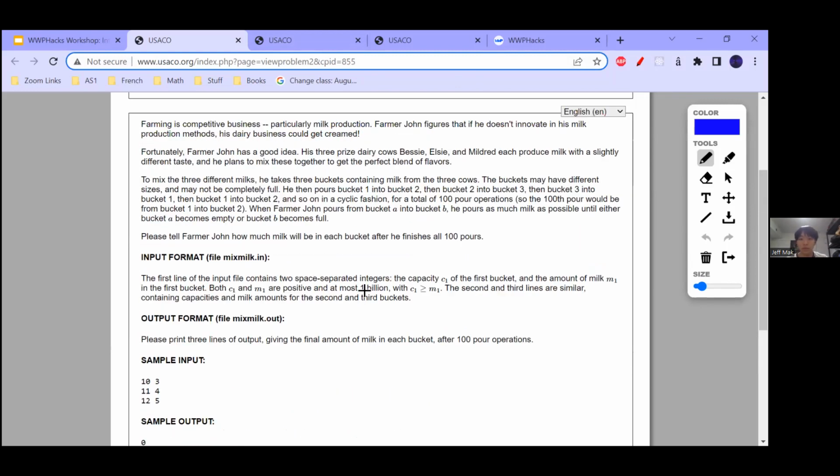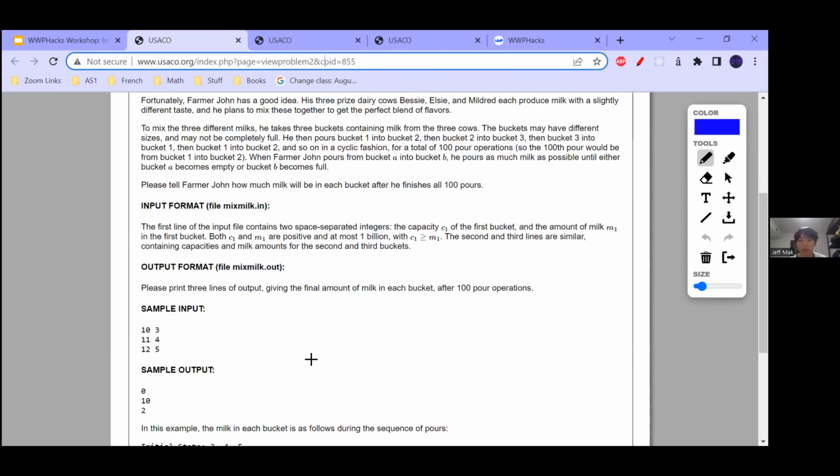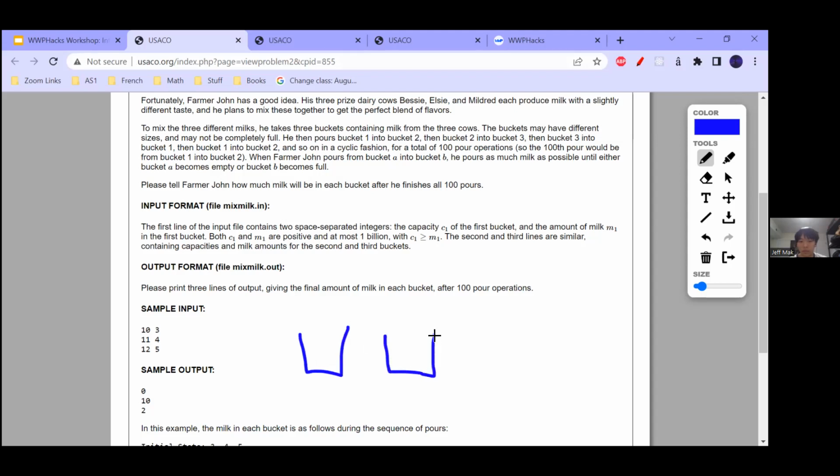Basically, what this problem says is that there are 3 buckets, each with a different amount of milk. Like this one might have 3, 4, 5. Each of the buckets has a set capacity. The first one has a capacity of 10, the second a capacity of 11, and the third a capacity of 12.